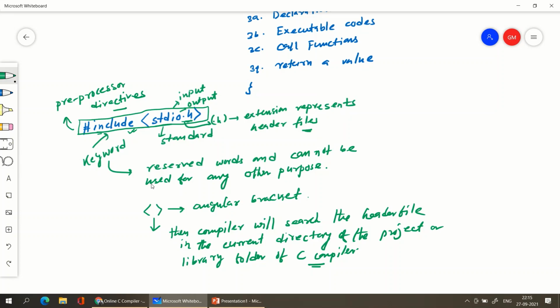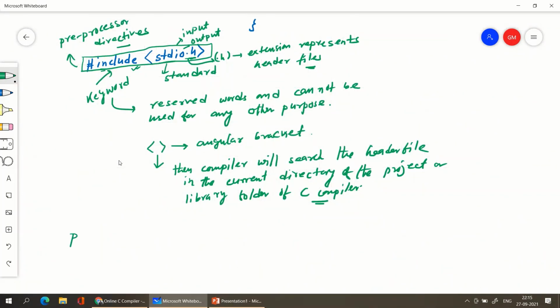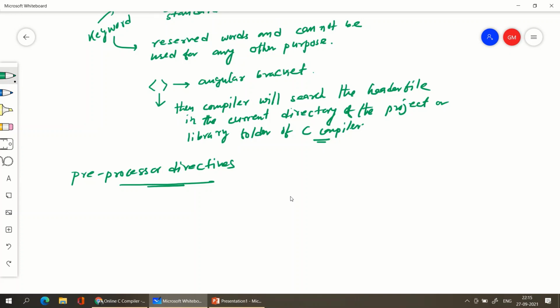Okay, so now let's proceed to that part. What is the meaning of preprocessor directives then? Please note down, there is a small system program present with the compiler. We call it the preprocessor. What is its purpose? It simply converts